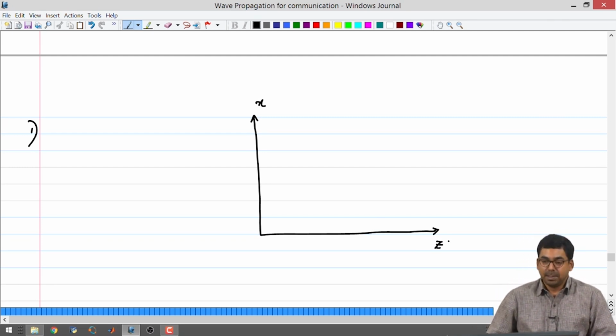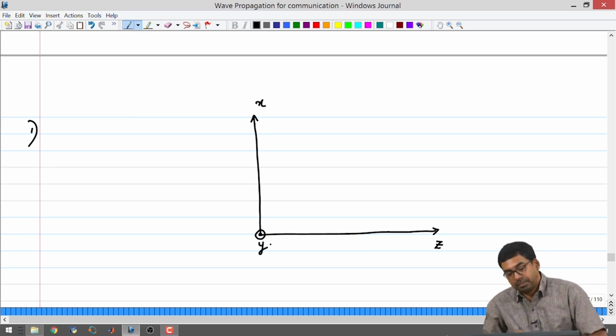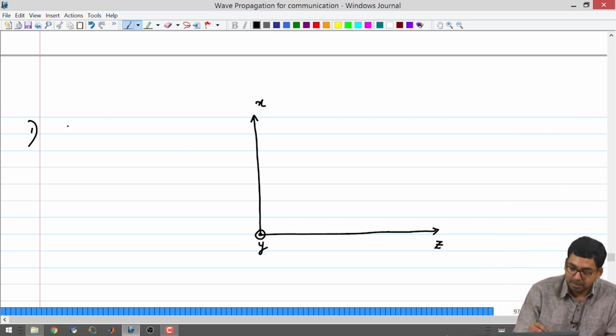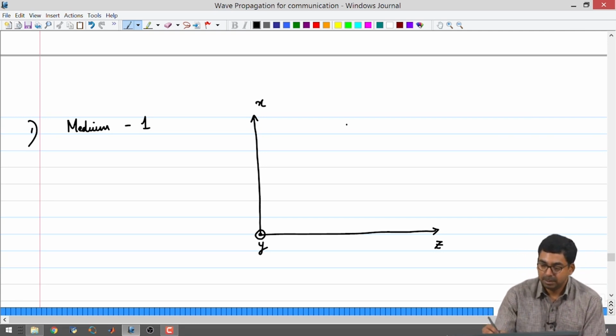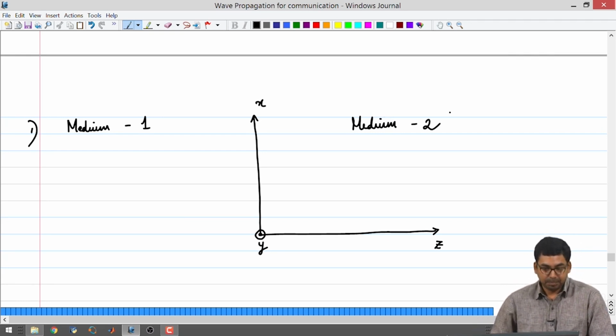Right. I am taking an axis and the direction of travel is along z. Okay. This means that I can take the right hand, y is out of plane, okay, and I will mark medium 1 on the left side, all right. Medium 2 on the right side, okay,